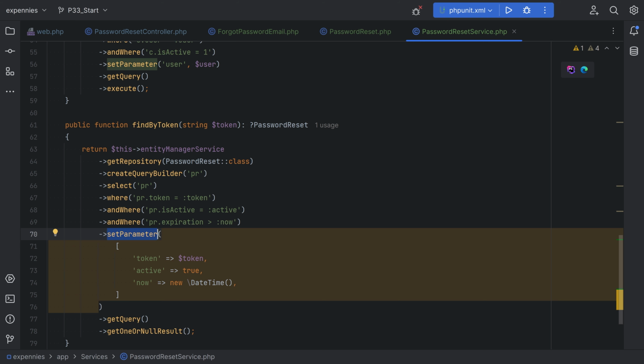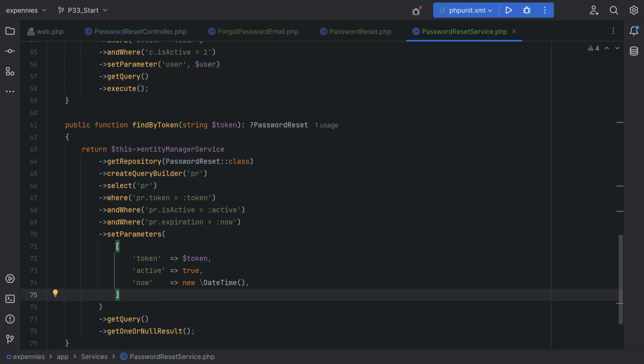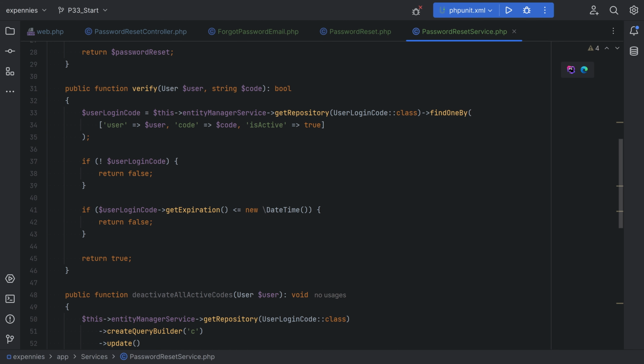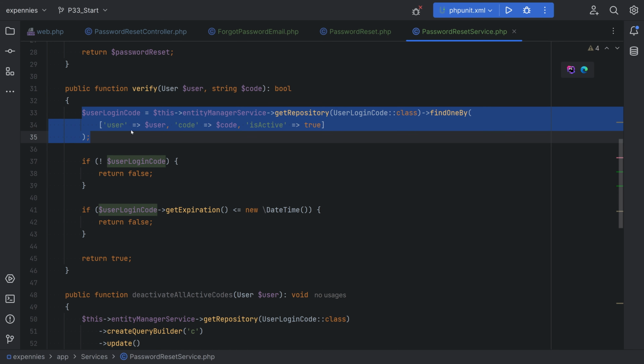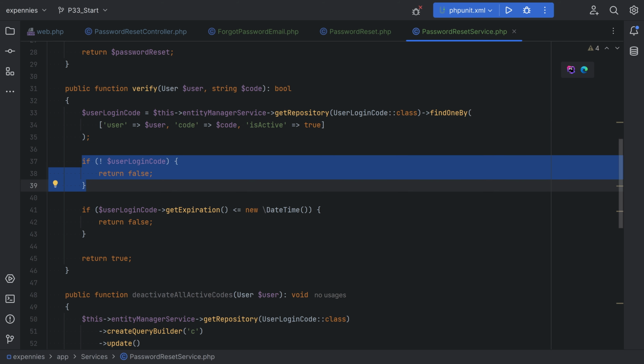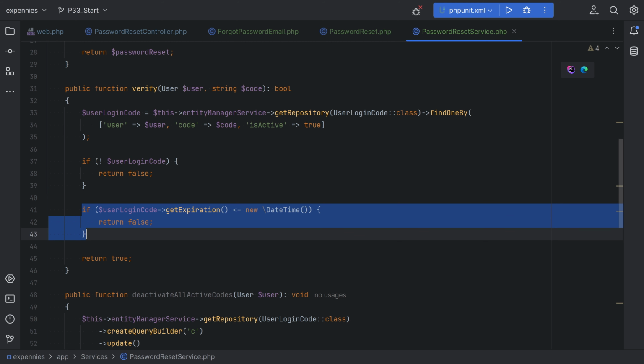Oh, because I'm doing set parameter, not set parameters. All right, notice that I'm doing all the comparison within the query builder here, while for the 2FA codes, we had this verify method and we were not doing everything within the query. We were getting the record and then we were checking if it exists, if not return false, and then we were checking the expiration